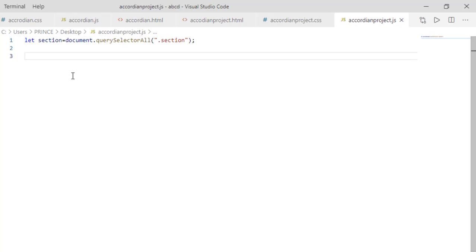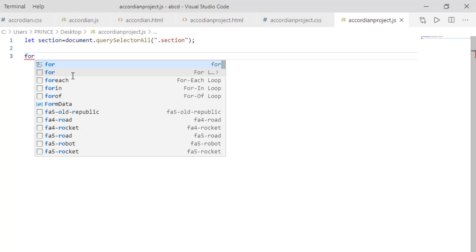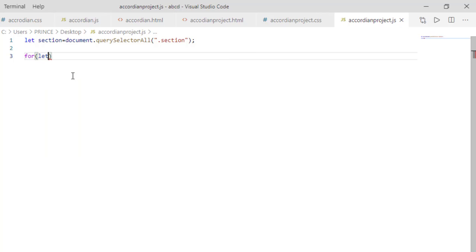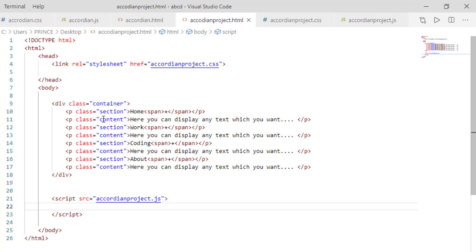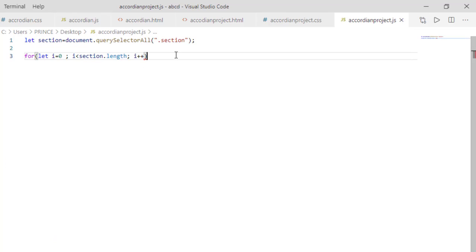Now we have to use a for loop here. So why a for loop? Because we have 4 items. So simply type for let i, declare a variable i, loop starting from 0, then where does the loop go, to all the items, so section.length, it automatically fetches the length of all items, then i++. So it does not matter whether you add 5 items or 4 items. You can simply copy paste and add many multiple items. So the for loop works fine every time. Now take 2 curly braces here.